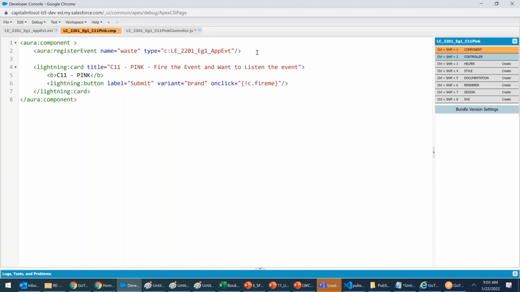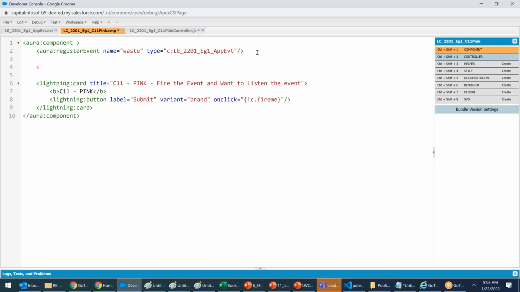Now, this component fired and this component wants to listen. Whoever wants to listen has to use what? Aura handler. Aura handler, event. E-V-E-N-T, correct. What is the event name? C colon, right? Here it is. Here I have registered the event, so here is the event name. Whenever this event occurs, what is the action? Action equals